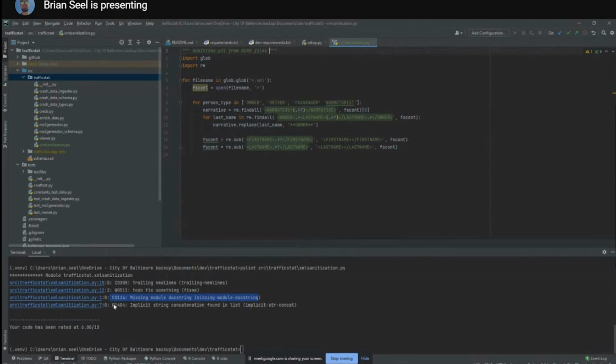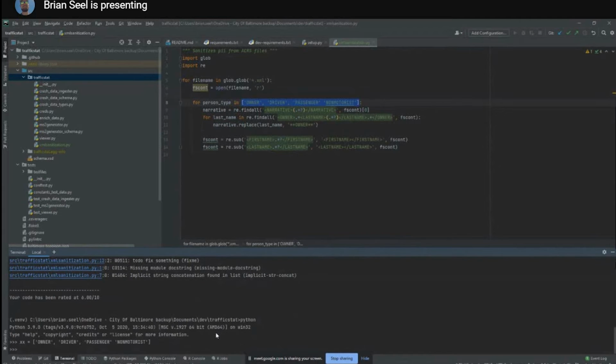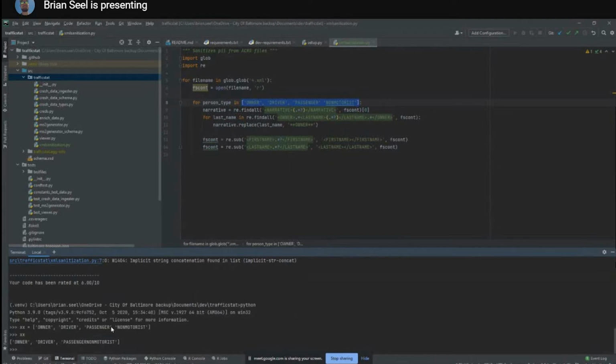And then this is one that I put in there on purpose. Implicit string concatenation found in lists. While Pylint is technically looking at your code format and code readability and everything, you can also catch some nasty bugs. And when I first did this, I didn't do this on purpose. I actually missed this comma right here. And while this looks normal, let's just do this. The way Python handles lists is if you don't have a comma, it'll just concatenate strings like this. So I would have thought that I had 4 elements in this list, but instead I only had 3. And Pylint actually caught that. When I was actually developing this, it caught this for me,